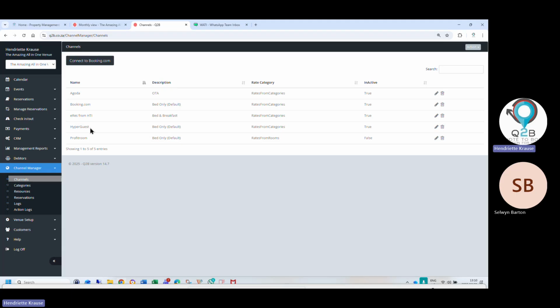And then we map your rooms and your rate. So you can decide which rate, my OTA rate, do I want to map with my OTA. So with a real-time availability calendar, we push rates and real-time availability to these OTAs.